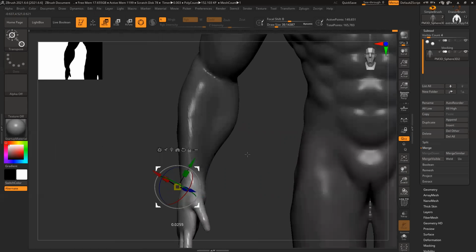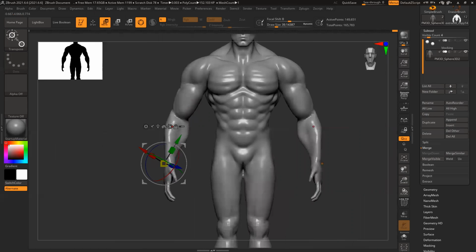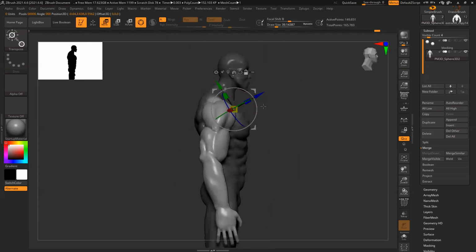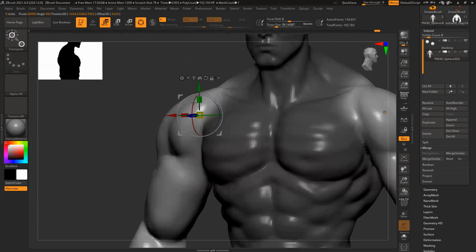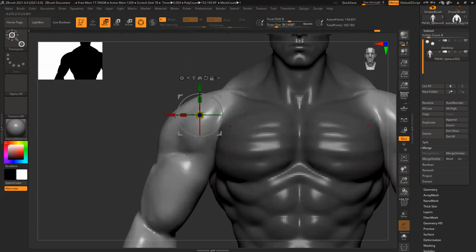Make sure the position is correct. Now the elbow is here and it's almost here. Because it's slightly open, it should be slightly smaller than this. Move it to the center, bone position, slightly reduce.